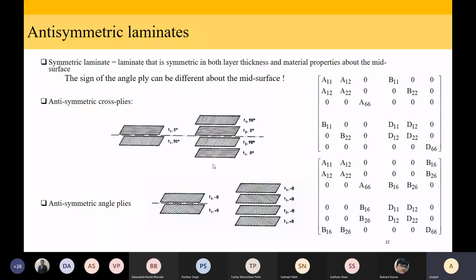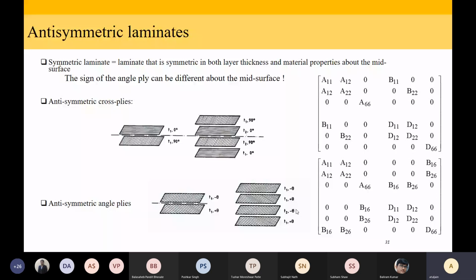For example, if you look at this bottom figure, it is symmetric about the mid plane, but we have put minus theta, plus theta, plus theta, minus theta. Symmetric, but the sign of the angle is different. So you have 30 degrees both above and below the center line, but one can be minus 30 and the other can be plus 30. Such layup sequences are known as antisymmetric laminates.